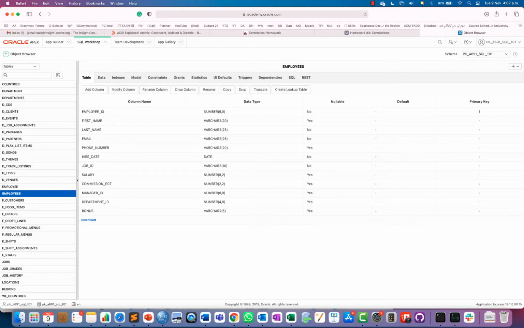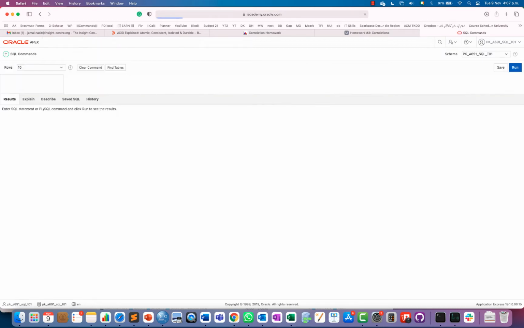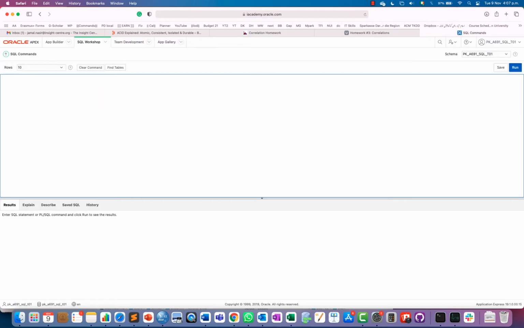In your final exam, at least 40% or 50% of it would be from SQL. So we can start. We can run different SQL statements. You can see, right? I cannot. I will be writing in uppercase so that it's more readable. Otherwise, you know that SQL is not a case sensitive language.